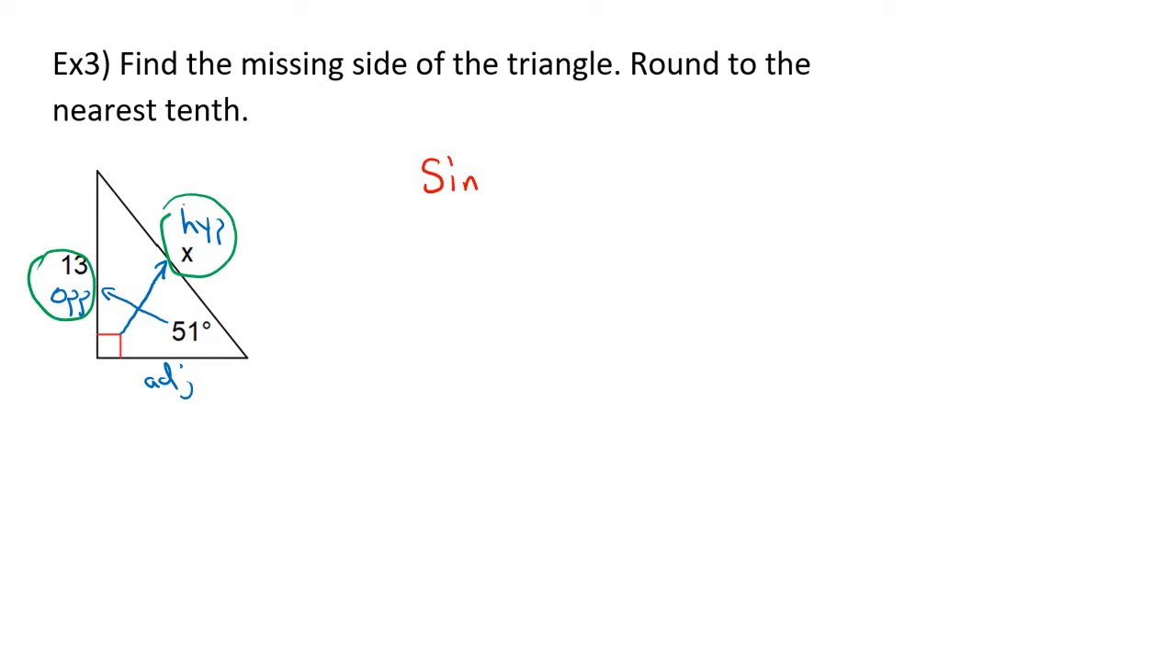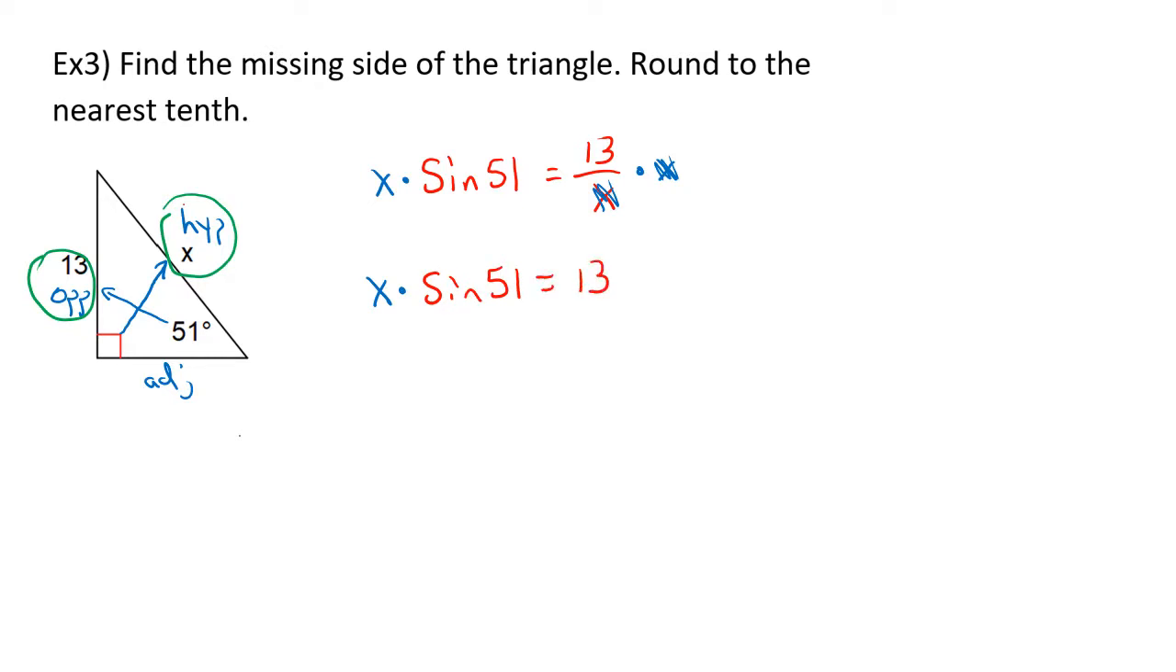So we're going to use sine of 51, that's our degree, equals our opposite, which is 13, over our hypotenuse, which is x. Now we need to go ahead and solve for x. We're going to multiply both sides of our equation by our denominator. The x here and the x here will cancel each other out, leaving x times sine